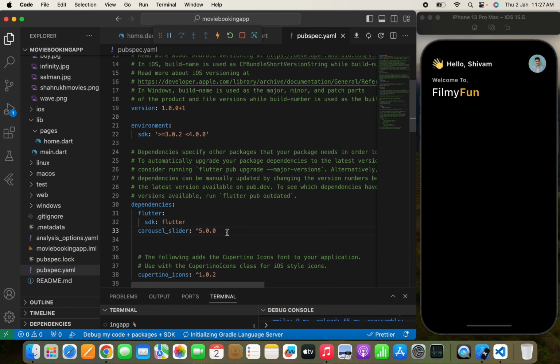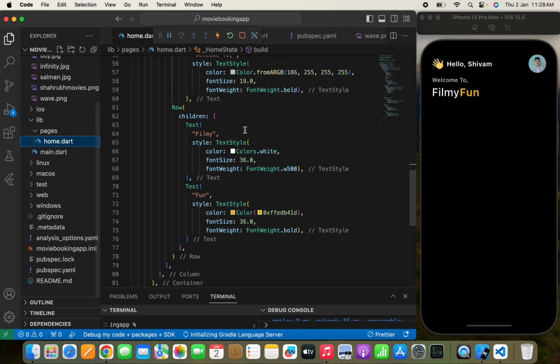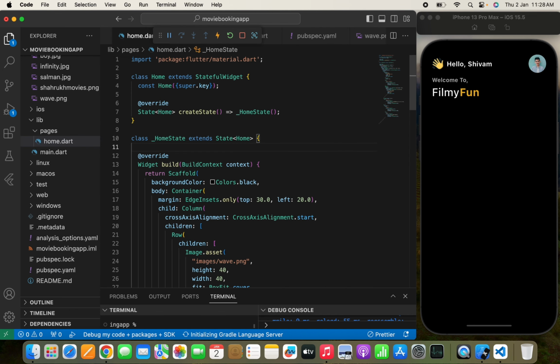If you are using an old version of Flutter and if you are facing any problem running the package, you can remove the version and can also run the package easily in your Flutter app. So that will also fix your error if there is any version error showing. Though after adding the package I won't see any version error, so I can keep the version or I can remove the version. Both cases will be okay for me. Yeah, so this is how you can fix a problem when you are adding packages from pub.dev, right? Now let's move to the home.dart file, and here we need to simply pass a